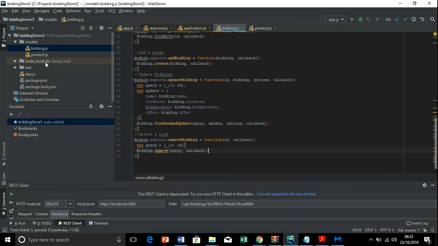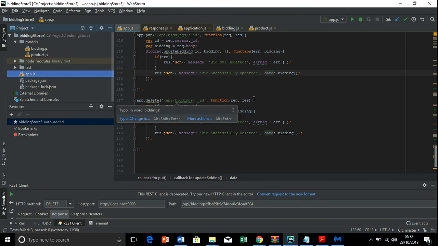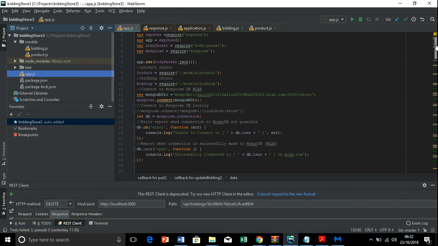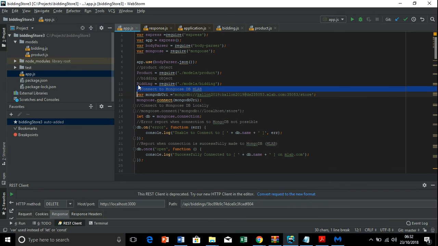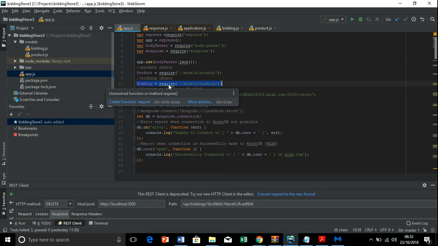So I go to the app now. Here the program is run. I will scroll right to the top. As you can see, here is the link, the connection required. It's just calling it from this place because we made it accessible, and here also with the product it's calling. So let me dive into the main business now. Here is the Mongoose URL from mLab. These are remotely stored in mLab. The data from the product and from the bidding documents are stored remotely in the mLab Mongo database.